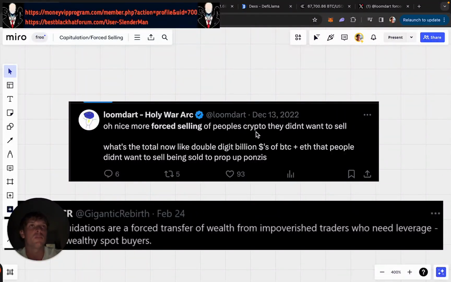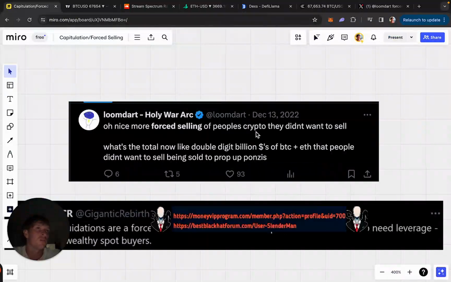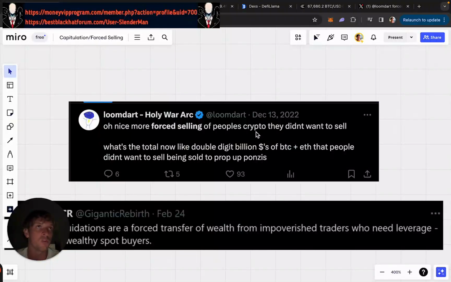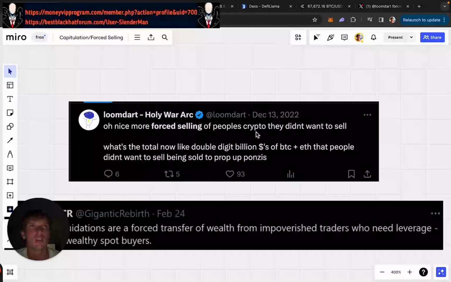Think about how many billions of dollars of coins had to be sold during that whole FTX saga at the bottom, when a lot of people wouldn't have been buying because of just absolute fear, right? And that's why we got such low prices on coins like Solana, a lot of forced selling. People thought it died with FTX. A lot of people thought it was over. Not many people willing to buy. So, that concept of forced selling is really interesting.